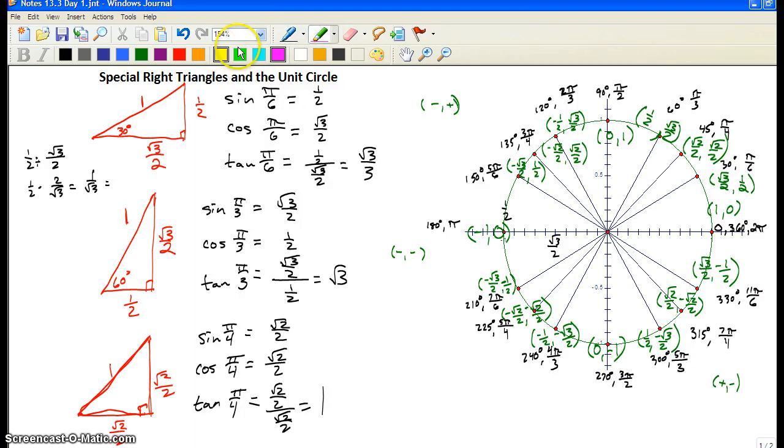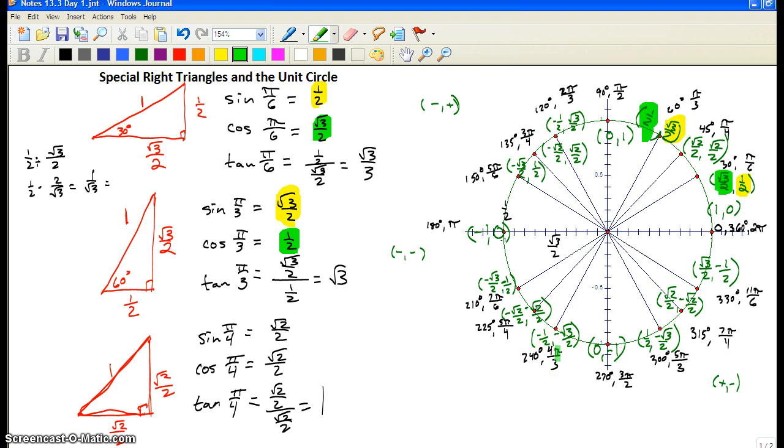You'll notice, guys, that this number right there in terms of 30 is right there. You'll also notice that this number right there is right there. And if you keep going with that on the pi over 3, that number right there is right there. That number right there is right there. And I think that makes it a little bit more clear. But the sine